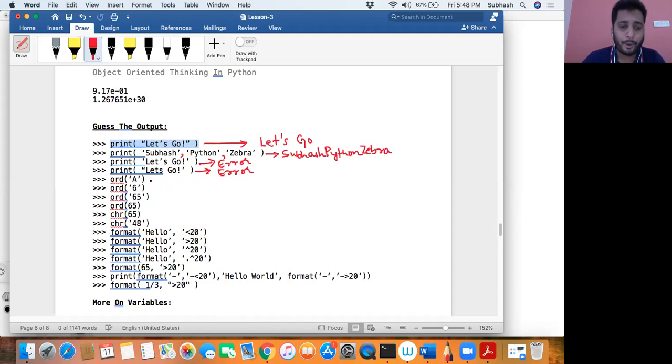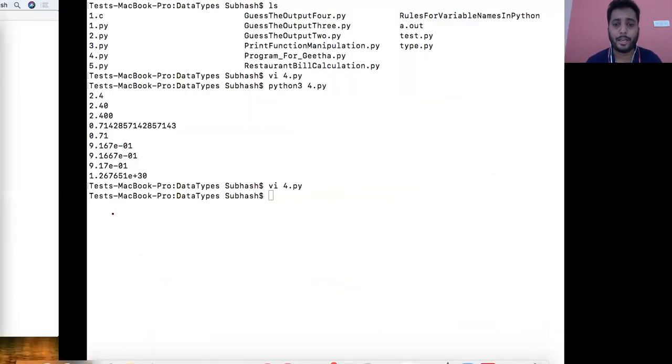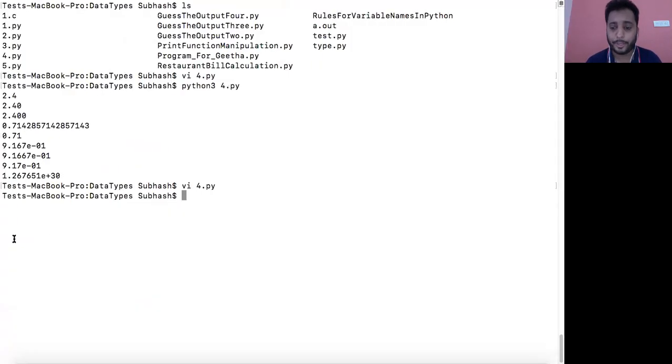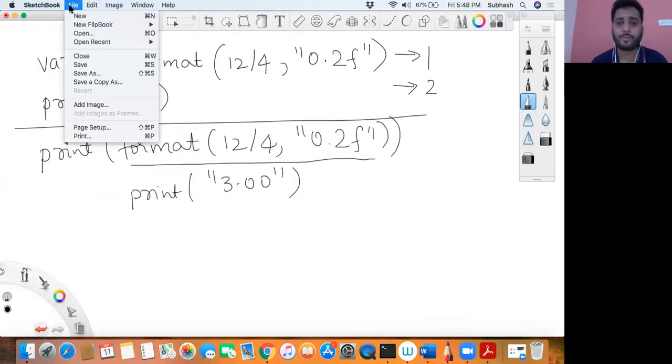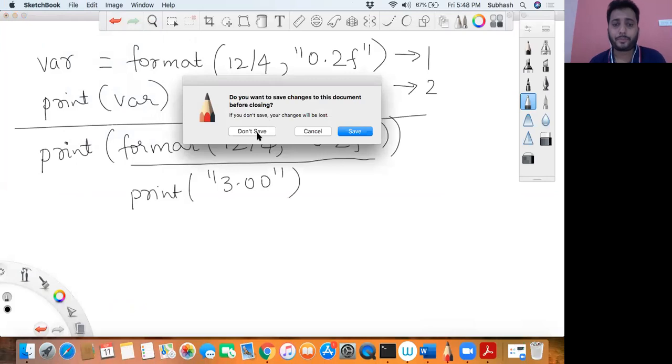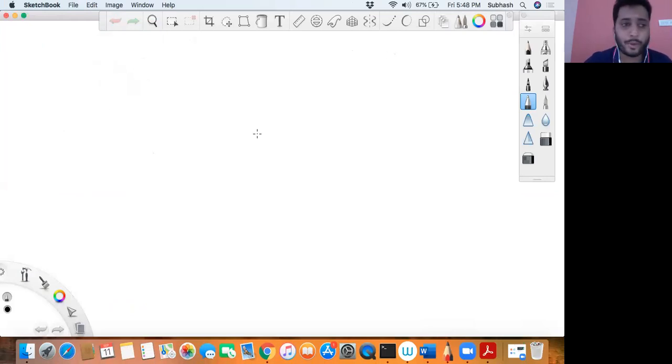Now we have two very important functions called ORD and CHR. So how do they work? Before explaining that, let me explain one more concept, that is called the encoding system. Encoding. I'm removing this from the screen for now. So what do you mean by an encoding system? What is encoding? What do you mean by encoding?